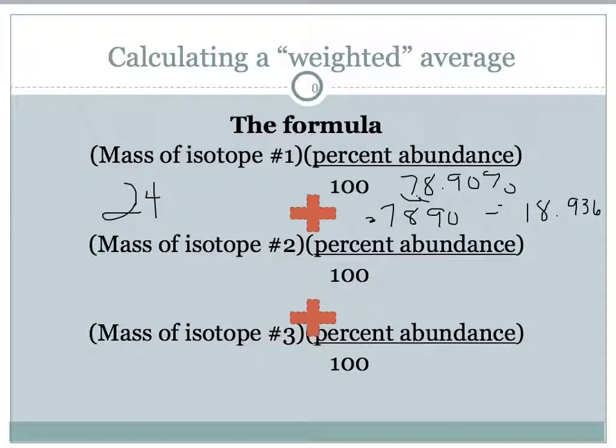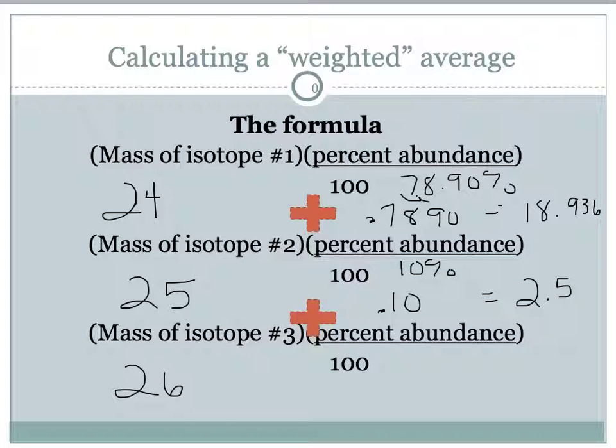gives us 18.936. And so we take the mass of isotope number 2, which was 25, and the percent abundance of that was 10%. And again, we'll move the decimal point 2 places, or divide by 100. So we'll take 25 times 0.10, and that will give us 2.5. The mass of isotope number 3 was 26, and again the percent abundance was 11.10%, so we'll move that decimal again and come up with 26 times 0.1110, and we'll get